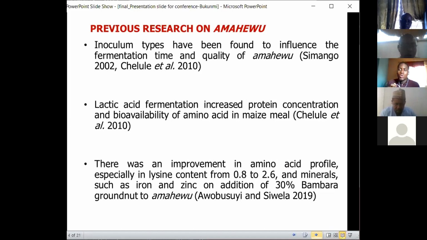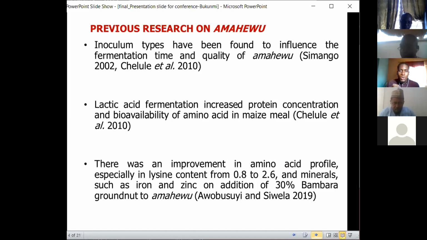The maize is used to produce a gruel, like a porridge, cooked over 15 minutes on fire. Then it is cooled to a temperature of 40 degrees. Then this porridge is inoculated with either maize malt, starter culture, or yeast, to ferment over 1 to 3 days. After that it can be consumed with or without sugar.